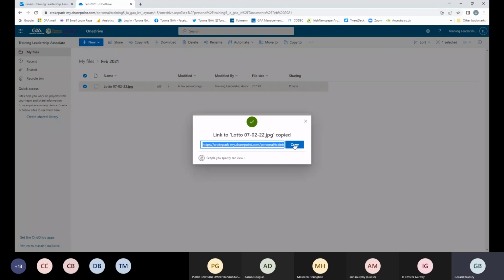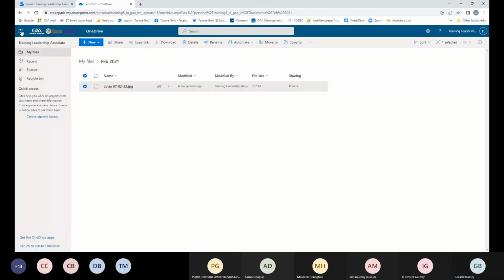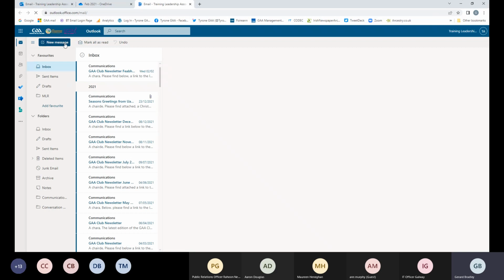Now, this is a course in itself, as somebody's saying. We're just spending 2 minutes to show you the basics of it. Going here now, I'm going to take Outlook. And instead of a big file that would take ages and ages to send with an email, particularly if you have my type of email, and